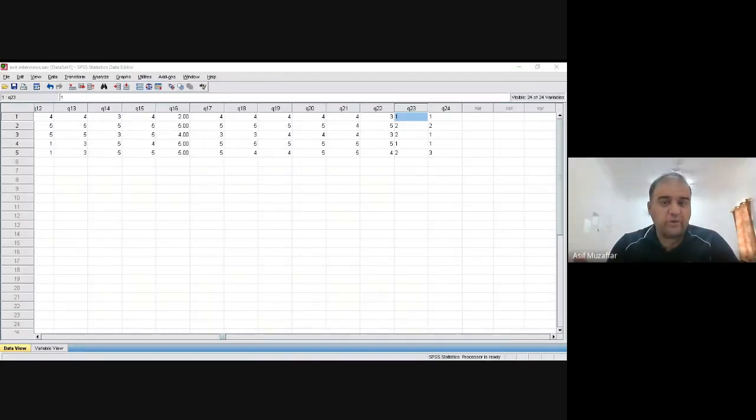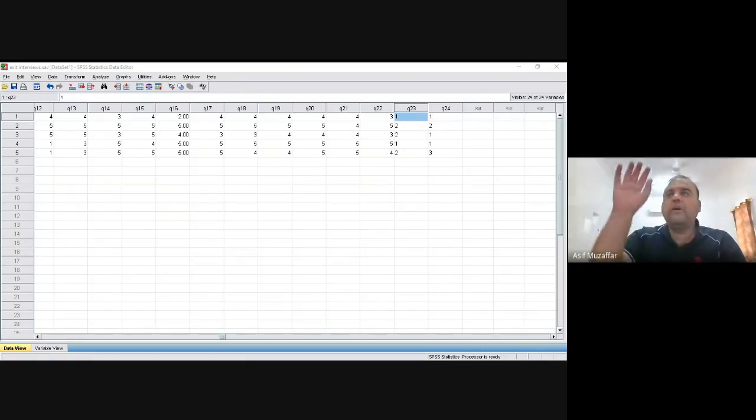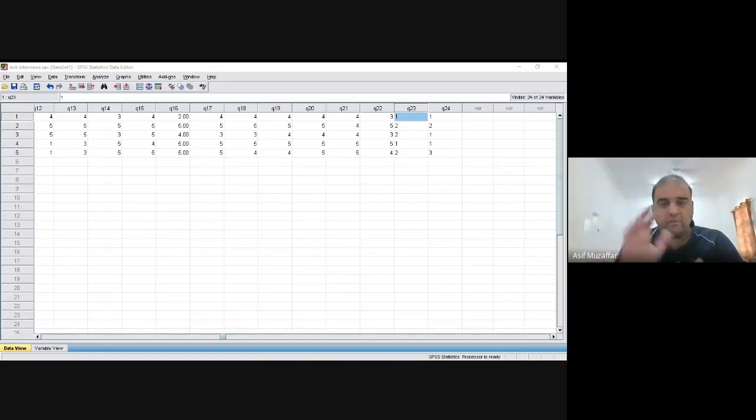Please change them into numbers. You can do it manually. Manually means wherever I see male, I will change it into 1. Wherever I see female, I will change it into 2. Or I can ask SPSS to do it by transform. Transform is a very easy function. Just select the question and you can transform the words into numbers.